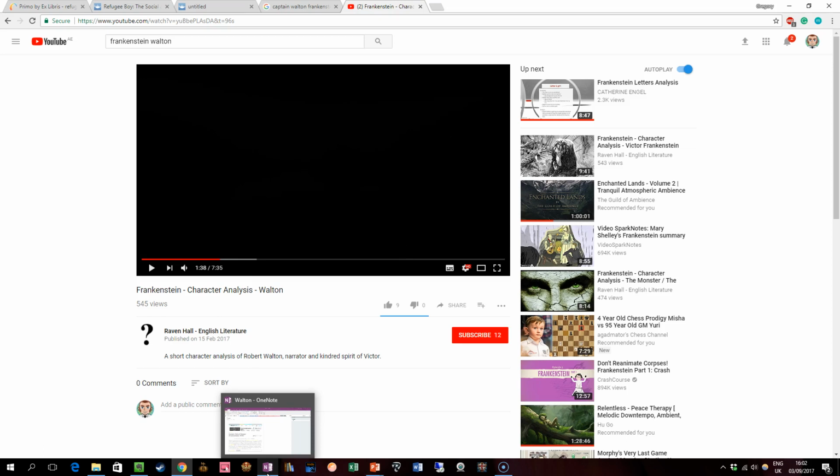There's a 2016 Office version that sometimes allows you to insert videos. My school at the moment currently doesn't allow you to insert videos from the desktop version, but you can insert videos from the online version of certain notebooks. So whilst that might sound a bit complicated, let me just show you some ways of inserting videos into your OneNote